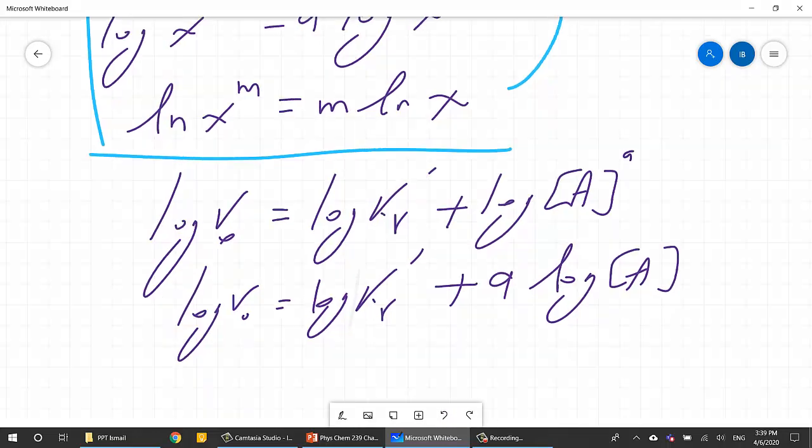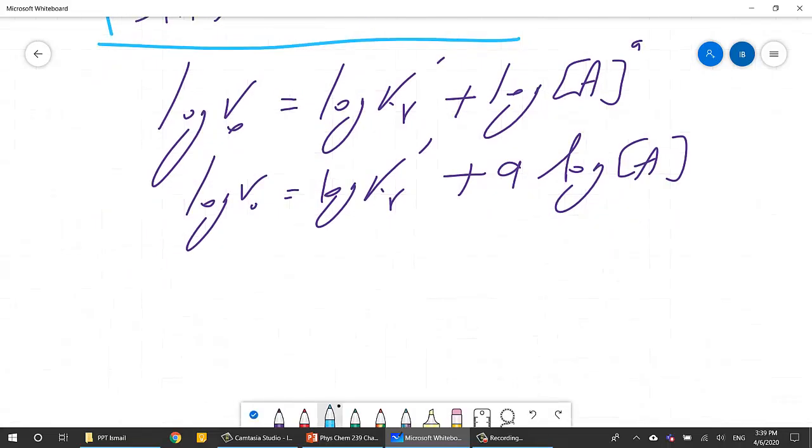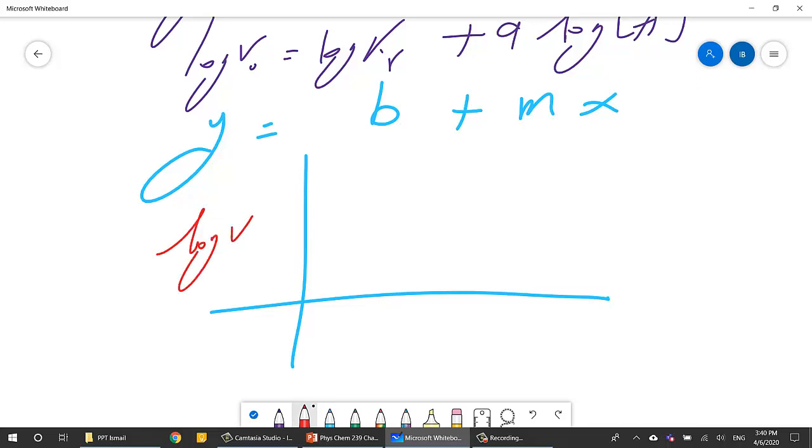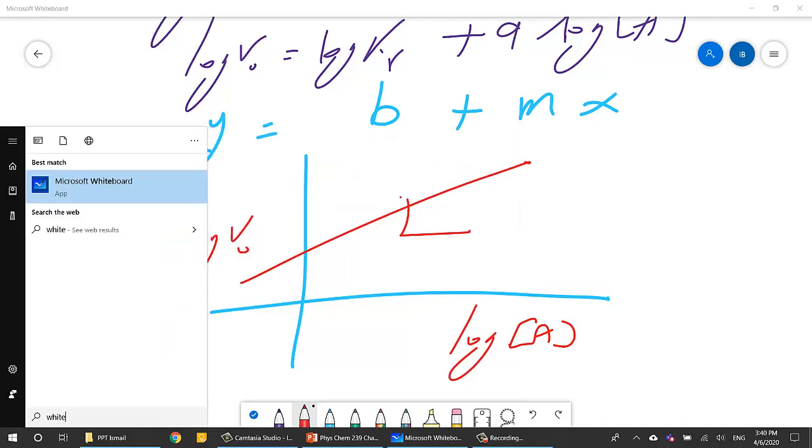Now this is the equation I've been talking about. This takes the form y equals mx plus b, where y is the log V naught, x is the log A, m is the slope of this equation, and log k prime is your intercept. So if you plot this in Excel, whatever, if you plot the log of the initial rate versus the log of the concentration, which is a variable that takes many numbers, you're expecting a straight line, and the slope of that line,